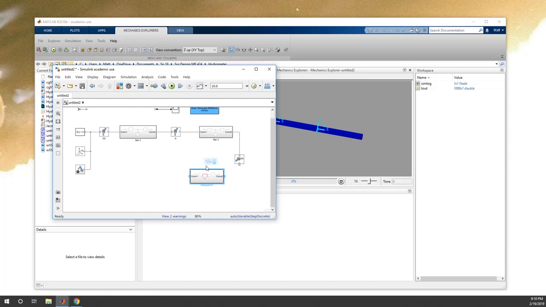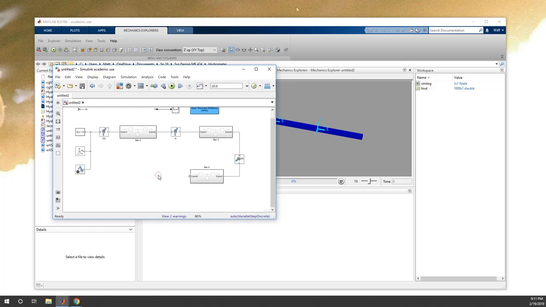Alright, now I am actually going to flip this subsystem. This is going to be bar 4. Yep. Then we have